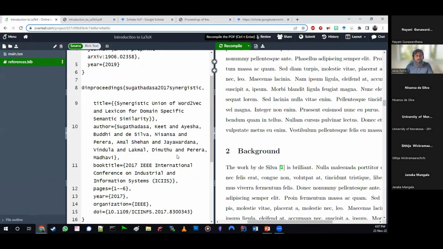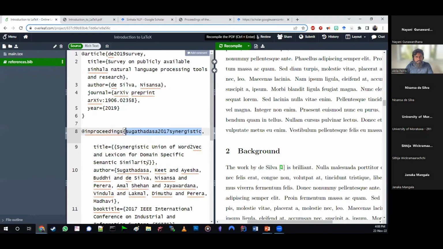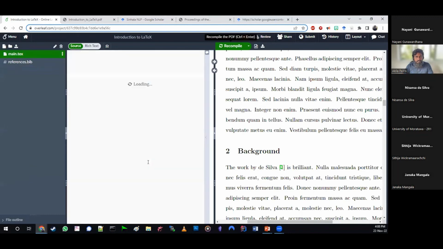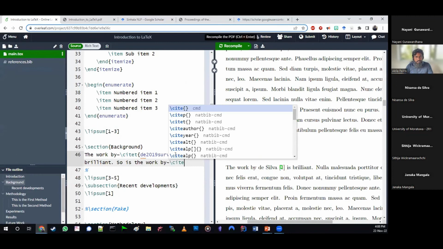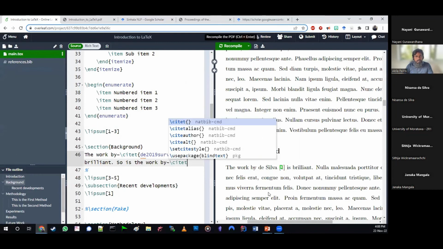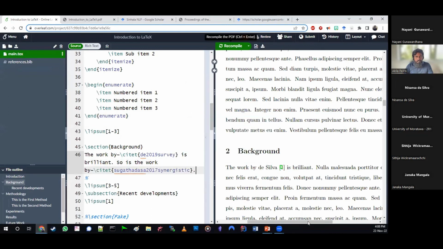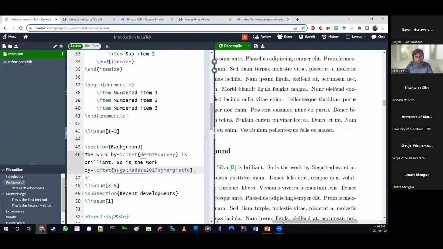Let's come here and say, so is the work by these guys. And I am going to compile. There. Now that there are multiple authors, the et al. automatically comes.